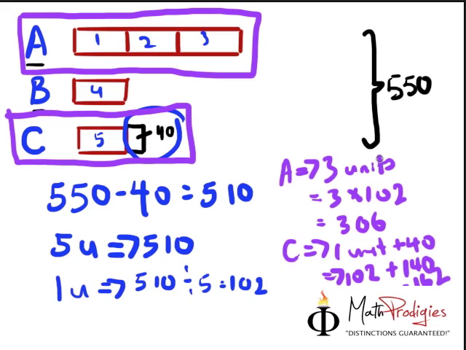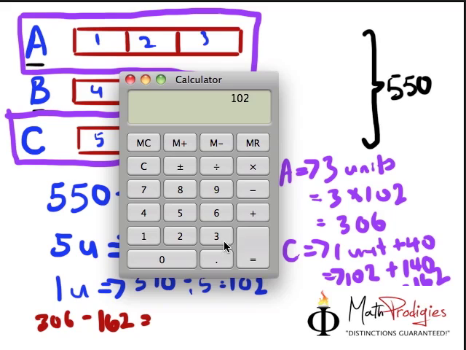So the final question is, how many more does she have? She has 306 minus 162. Therefore, that will give you how much more she has. So 306 minus 162 gives you the answer